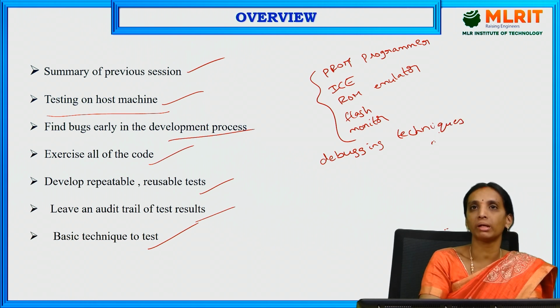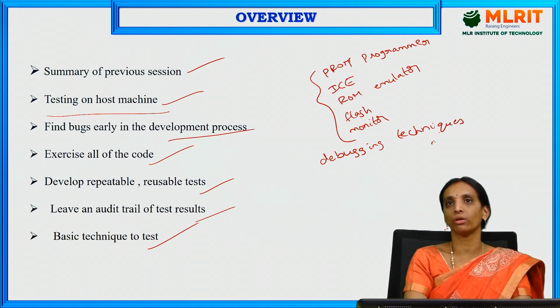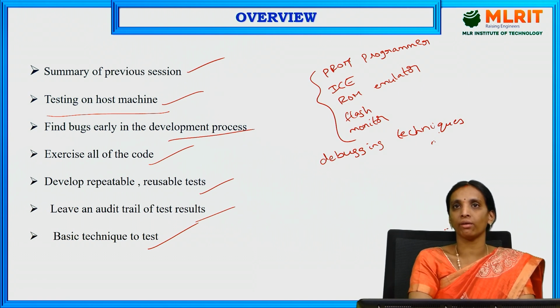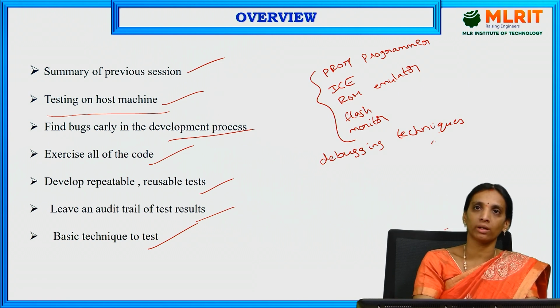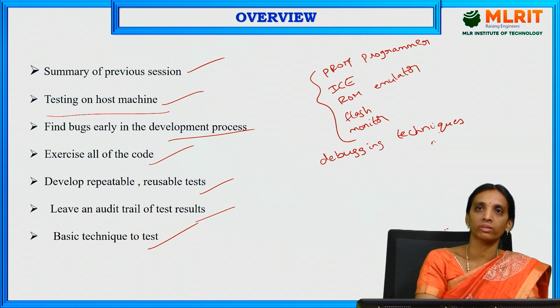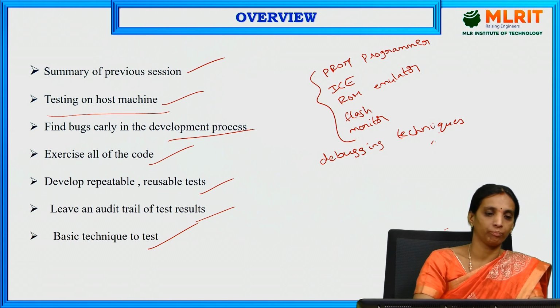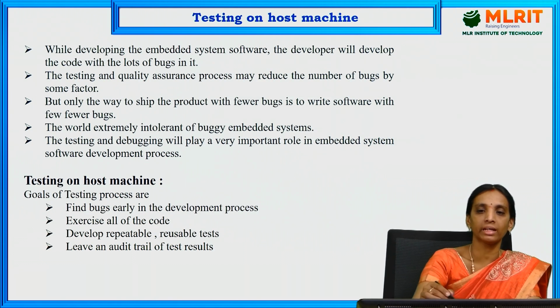So basically debugging techniques are used for checking for errors in the main program or in the process, and if any errors are there we need to modify that and make our program error free. So after compilation, after getting the image file, how can we test our sample program or sample application on the host machine in real time? So this is regarding the testing of our application in real time. So next, first one is testing on host machine.